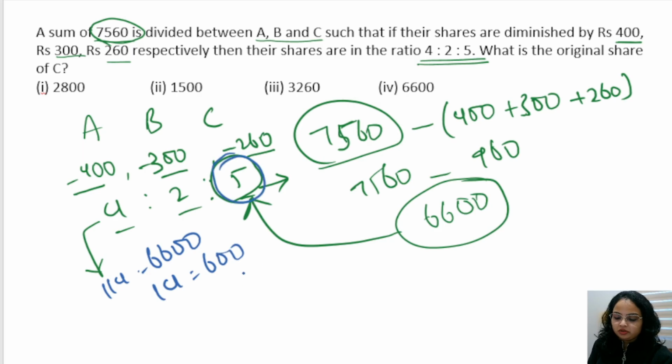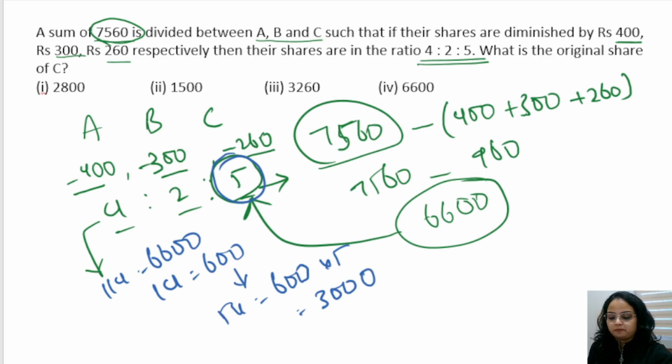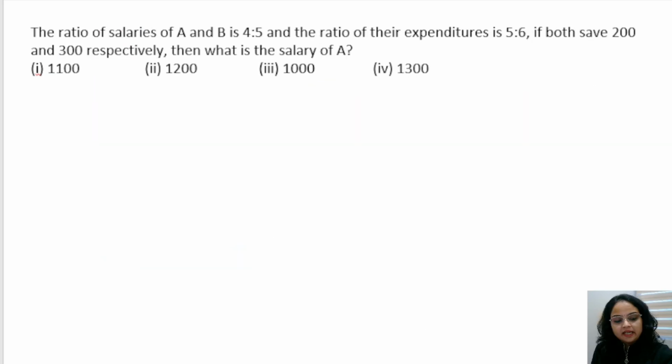So what is the amount C got? It is 5 units. 5 units is equal to 600 into 5, it is 3000. So 3000 is the amount after it is diminished. Before that, what is the original share? We will add 260. It is 3000 plus 260, which is 3260. Next one,